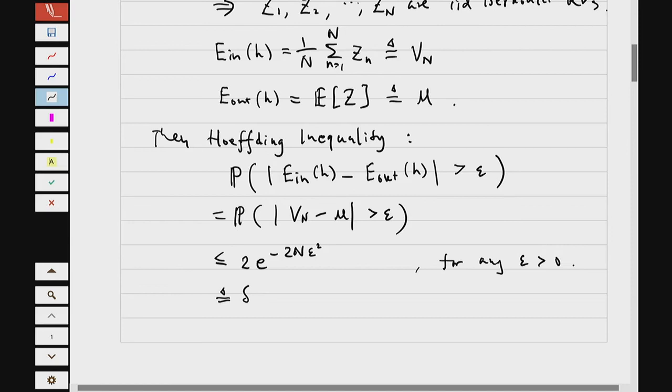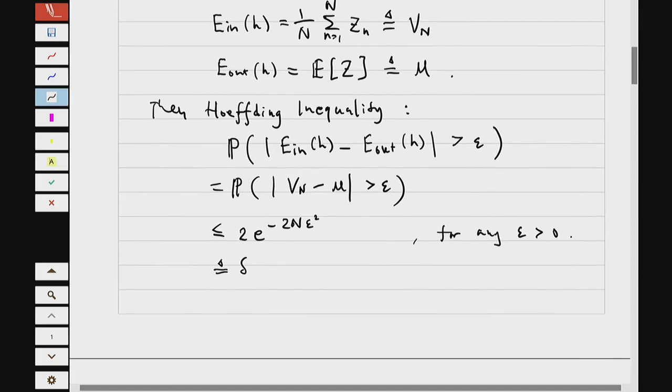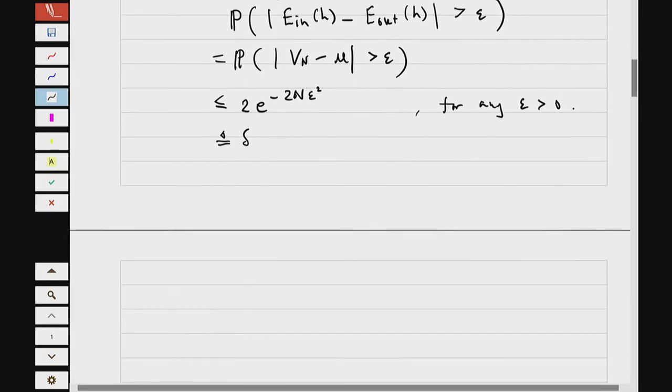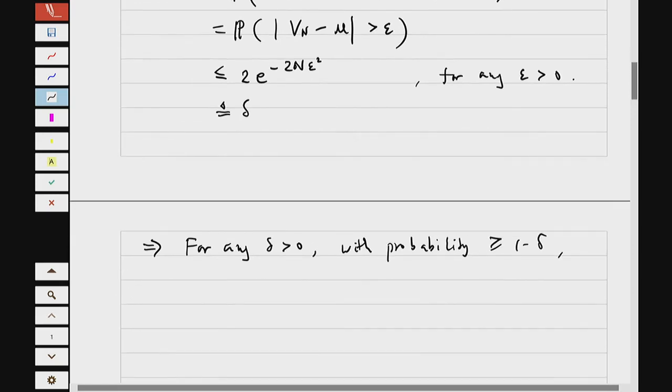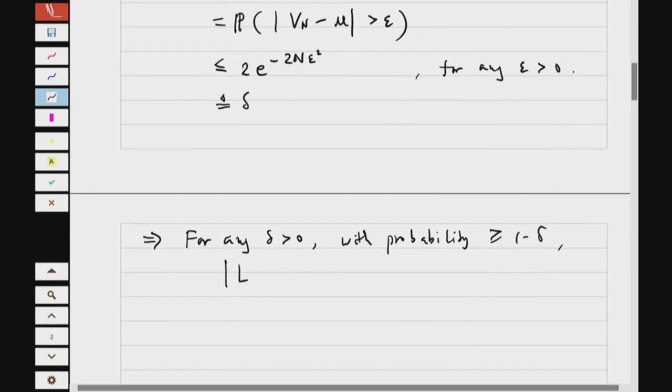So that 1 minus delta becomes our confidence level. Yeah, that's the term that we used last time. Right? So this tells us that for any general positive delta that you want, we can guarantee that with a probability greater than or equal to 1 minus delta. Yeah? So this is our confidence level. We're confident that this distance